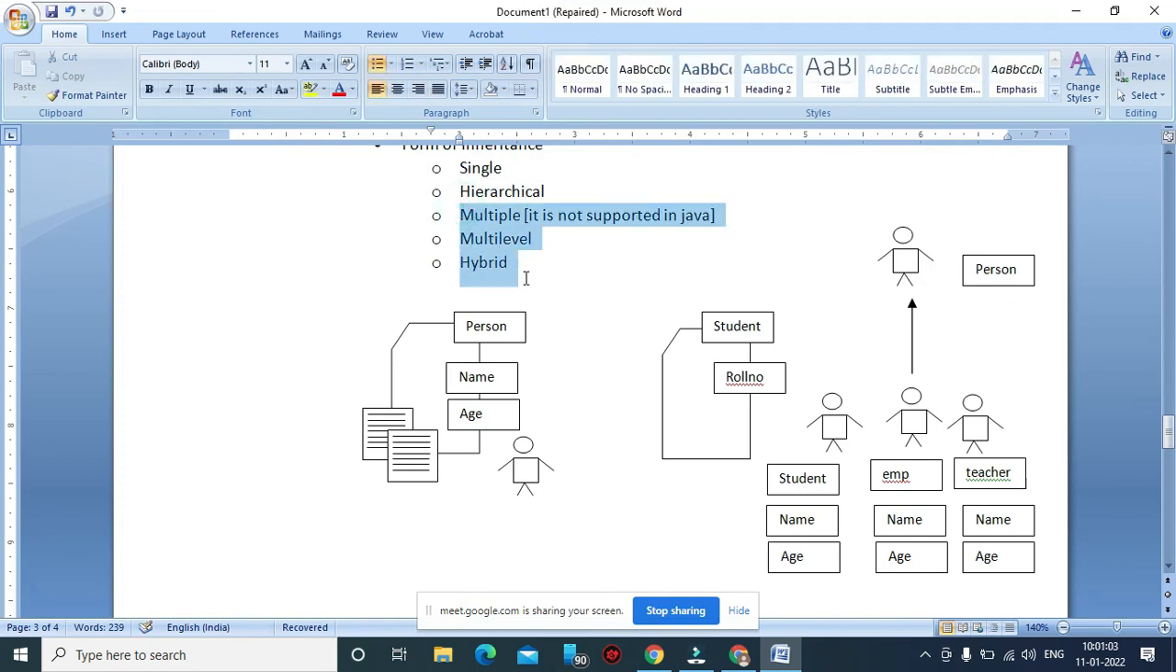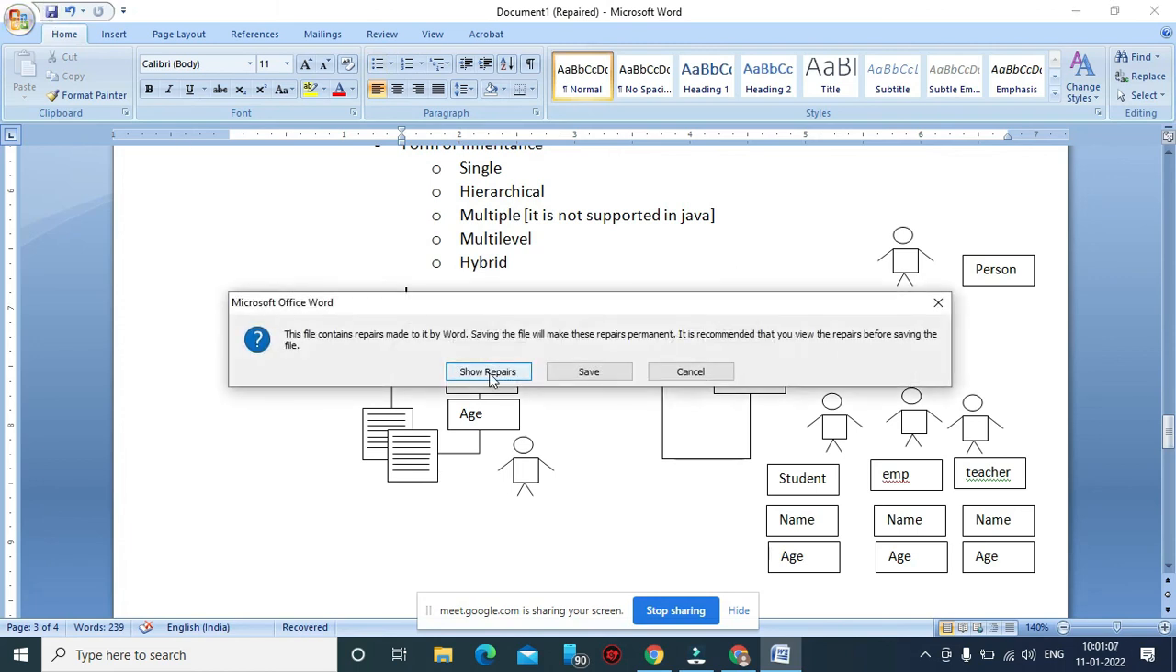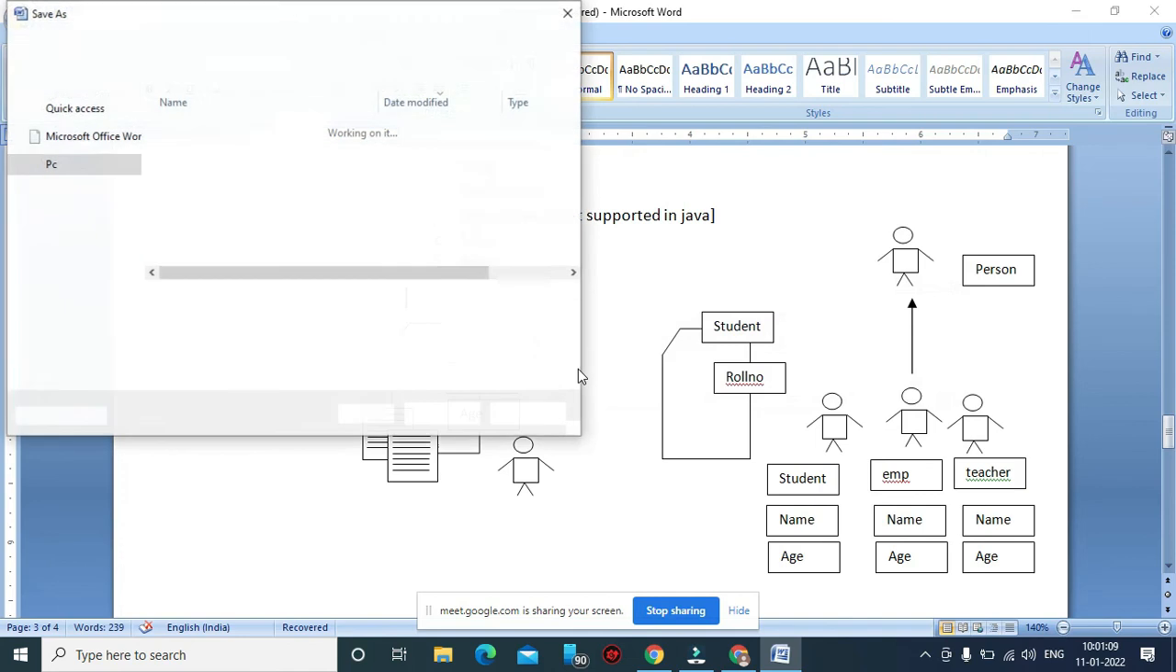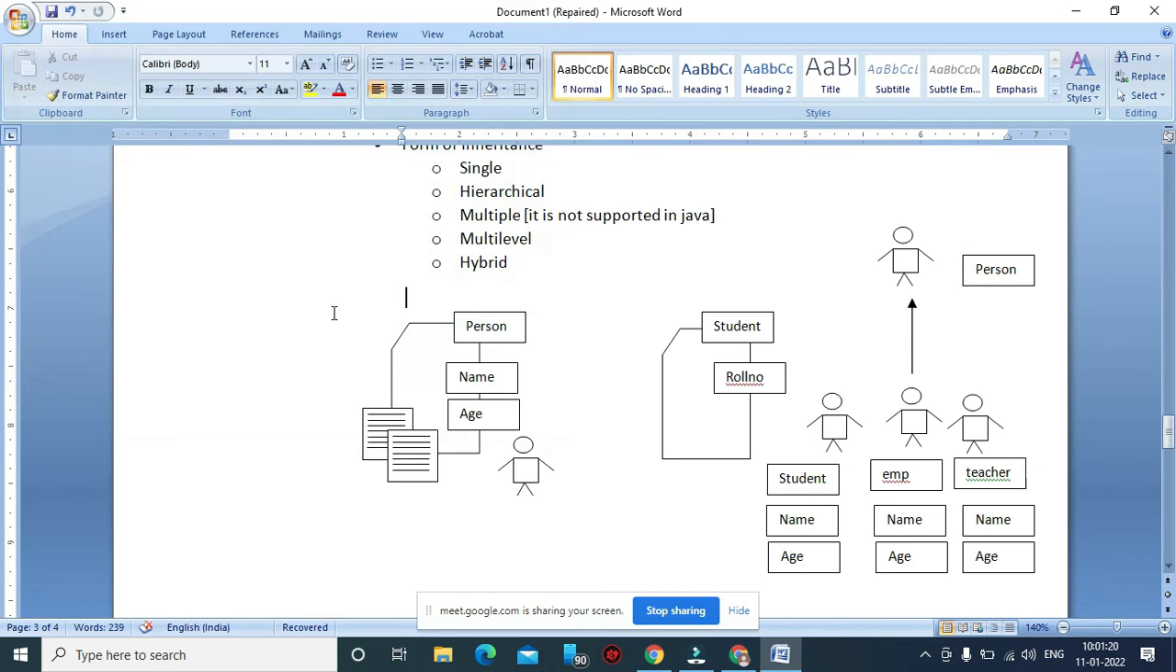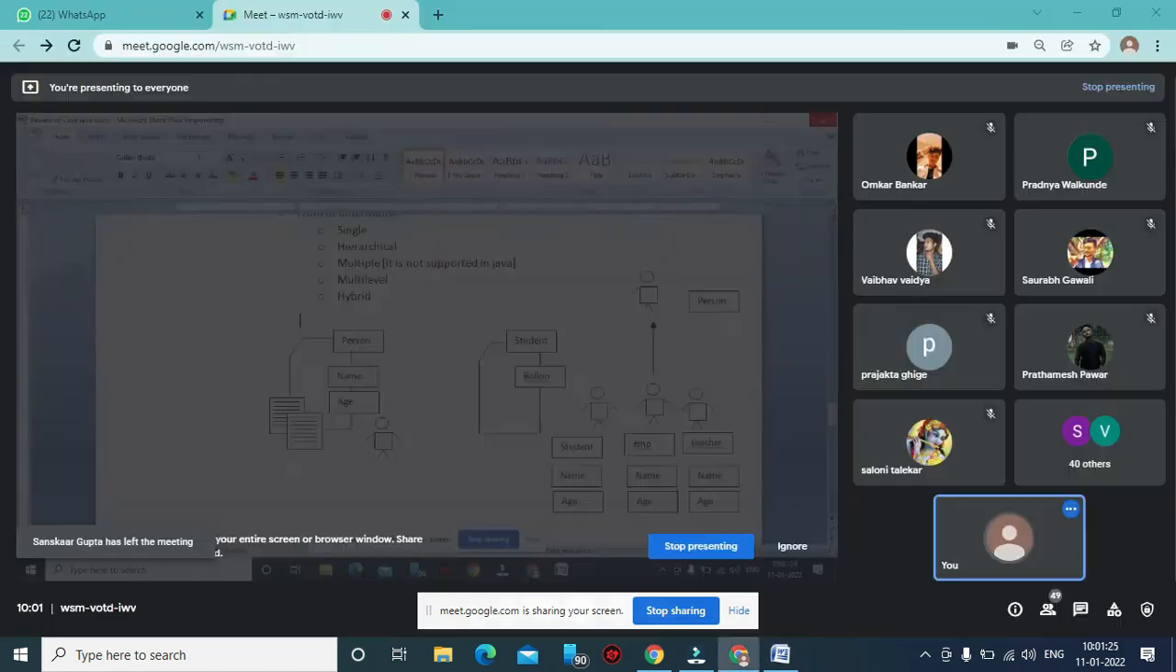The next inheritance I will explain in the next class. For the time being, we are stopping here. So this is a review of core Java concepts. I'm giving you this as notes, और यहाँ पे हम stop हो जाते हैं।